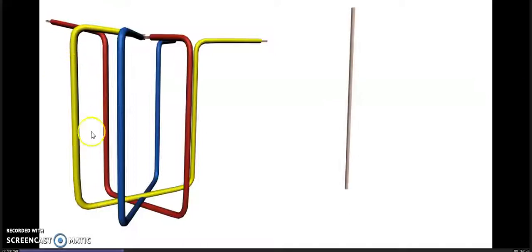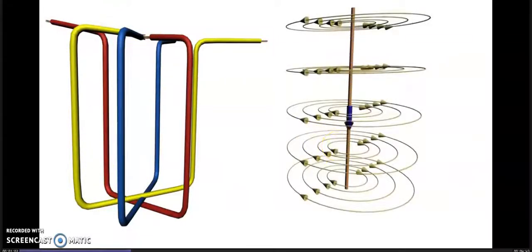And here you can see that there are three windings, R, Y, B, three coils, just for your understanding, where you can see that when current starts to flow here, we know that a field is created around it. And you can apply the right hand thumb rule here to know the direction of the field. So like this, we are going to excite all these three windings: red, yellow as well as blue. So make sure you place or space them in such a way that they are 120 degrees electrically apart.